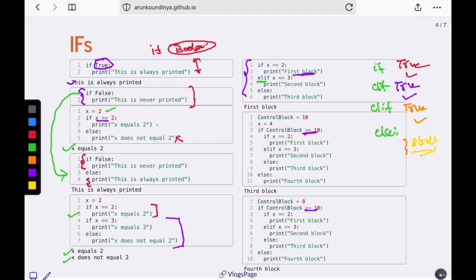Here we have nested if blocks. This is a larger if-else block, and inside we have another if-else. What we are trying to showcase is that if this control block is greater than 10, and further if x is equal to 2, you go to the respective blocks. When we define these variables as 10 and 4, when it checks, it is greater than or equal to 10, so it goes into this block. And then further,